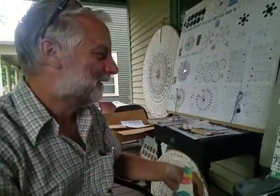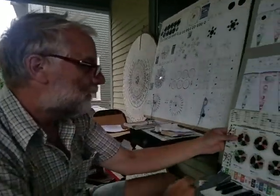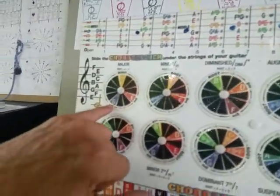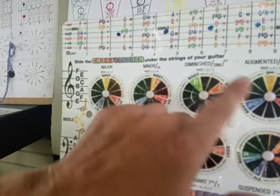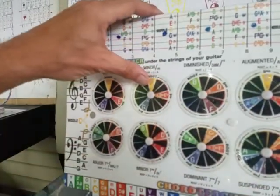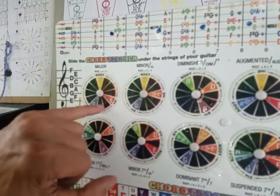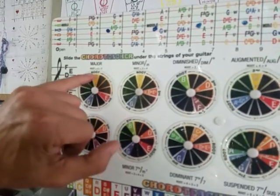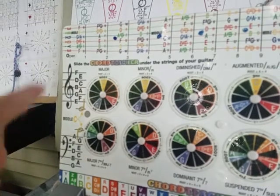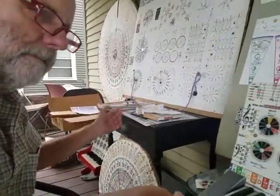Also, another thing I couldn't figure out is our perfect fifth from C to G. That's a perfect fifth, and all of these chords, except for the double chord and the augmented, have what they call a perfect fifth within them. So from C to G, that's 210 degrees from C around to G. And I'm thinking that perfect fifth, it didn't really seem right, but then come to find out that